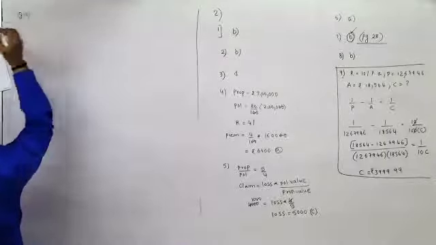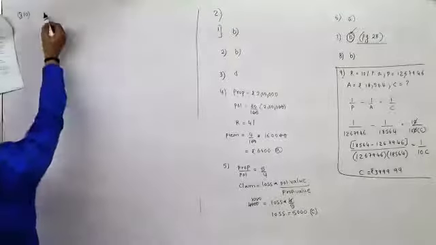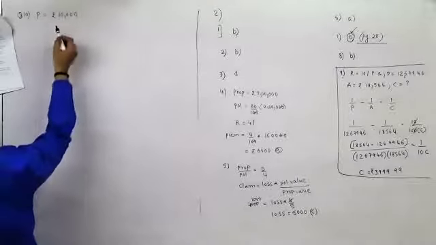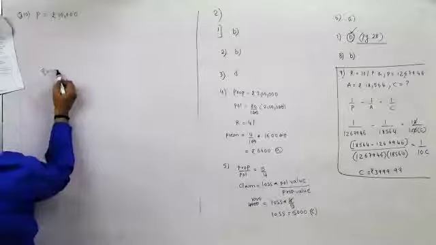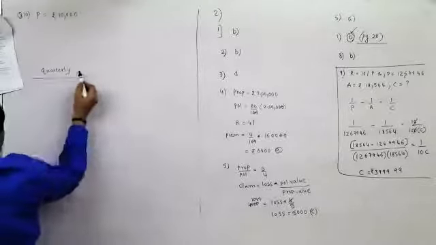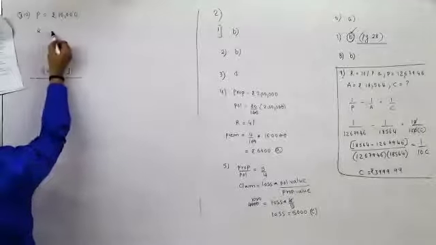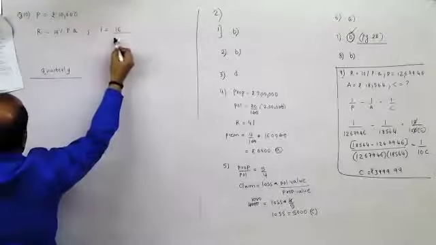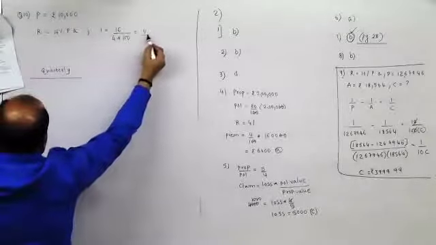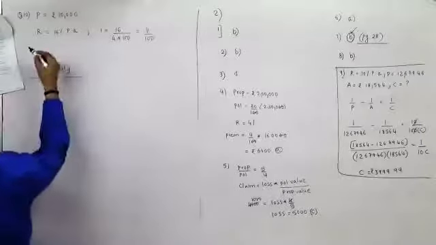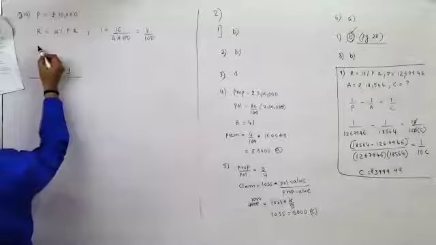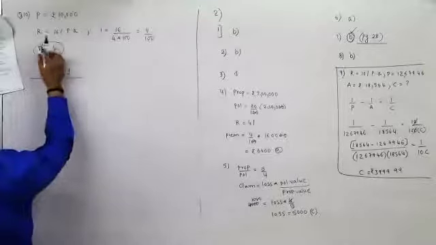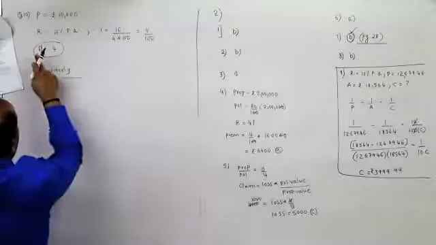The 10th one: the present value of an immediate annuity is rupees 10,000. So P is rupees 10,000. It is paid each quarter, so that means 4 times, compounded quarterly. Now R is 16% per annum, so I is 16 upon 4 into 100, so it would be 4%. Next, it is paid each quarter for 4 quarters, so the total number of installments is 4. Remember, this is not years. It is the total number of installments which we mark as capital N. They have this habit of writing it as small n.